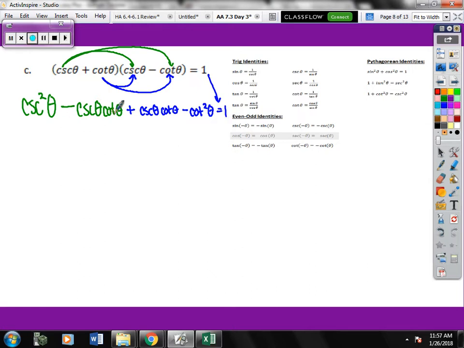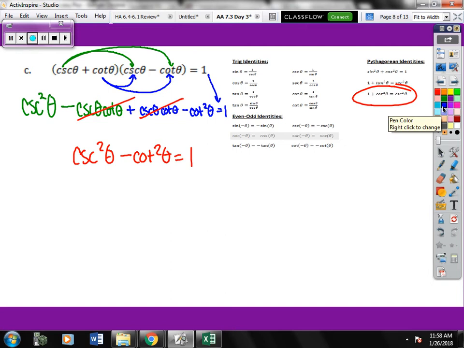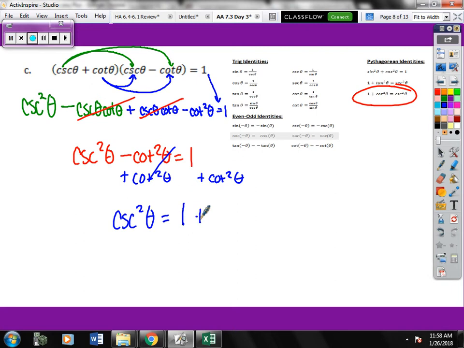So again, the middle terms, we have a minus and a plus, the same exact thing. Those are going to disappear. We're left with cosecant squared theta minus cotangent squared theta equals 1. Looks really similar to that identity, except cotangent squared is on the wrong side. So all we're going to do is inverse operations, we'll add it. We'll get cosecant squared theta equals 1 plus cotangent squared theta,